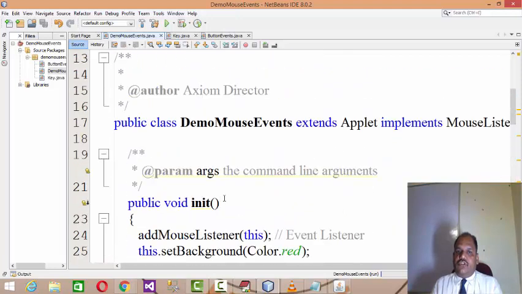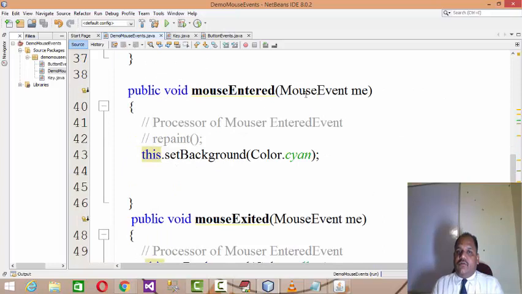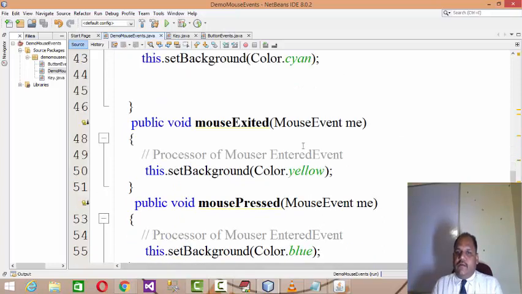What you need to do is just add the mouse listener, which will start listening to the events on the mouse, and once the event is fired, it will create the anonymous object and pass it on to the mouse event, right? And then as per the event, that event processor will be activated and the events will be processed. Hope you understand the events fired by the mouse on the particular applet.